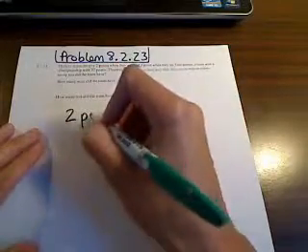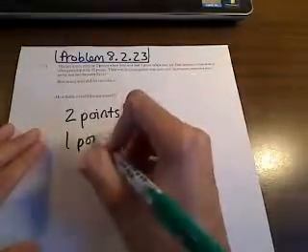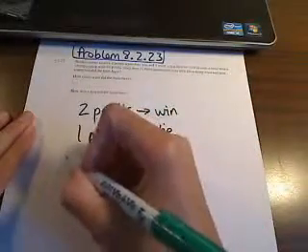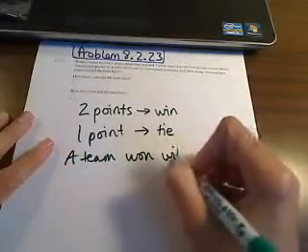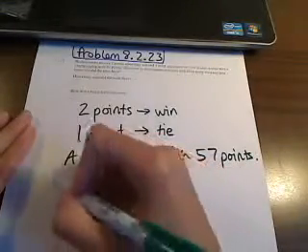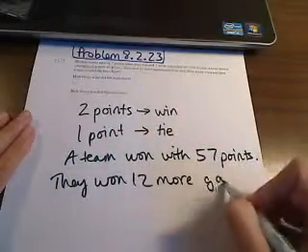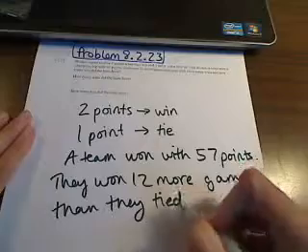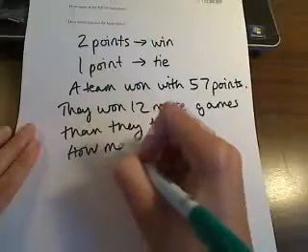Okay, so here are the important parts. They get 2 points when they win and 1 point when they tie. And then one season, a team won with 57 points. So that's one important piece here. And then it also tells us that they won 12 more games than they tied. Okay. And we want to know how many wins